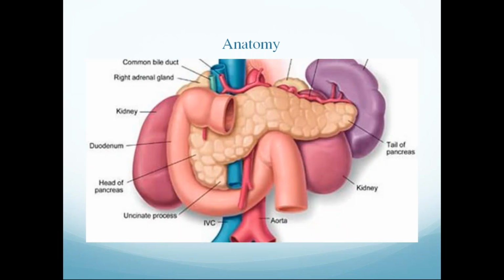So in brief, see the C loop of the duodenum, where the transverse colon traverses, and this is the head of the pancreas, neck, and body and tail of the pancreas. The tail of the pancreas lies within the splenic hilum. Posteriorly in the retroperitoneal area, we can see behind the body of the pancreas there is the kidney. The inferior vena cava and the aorta both traverse along the neck of the pancreas.